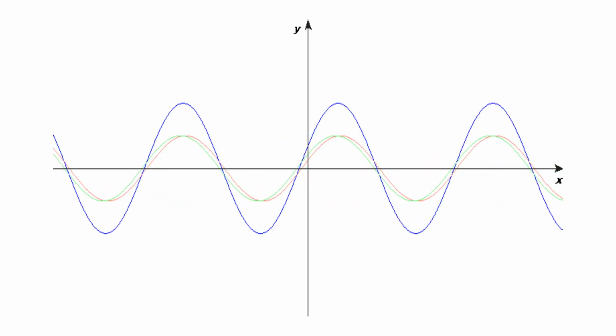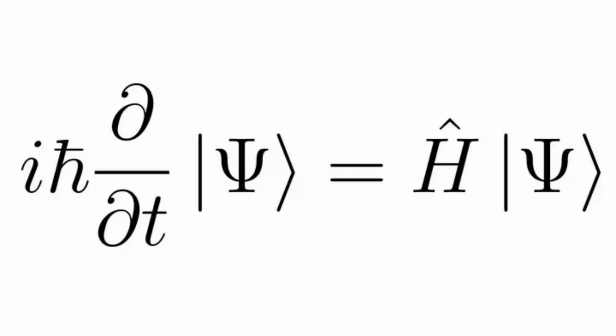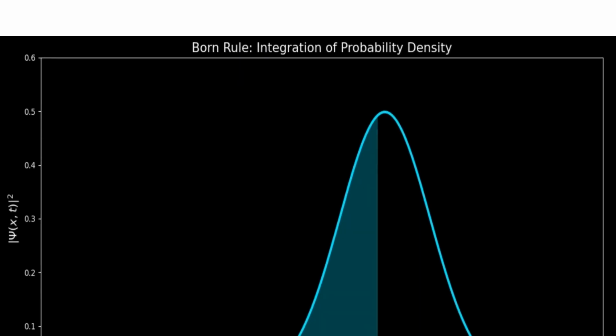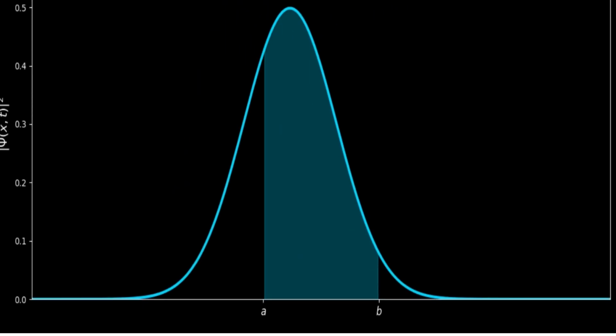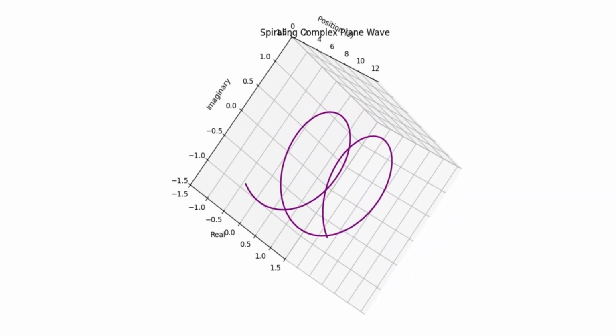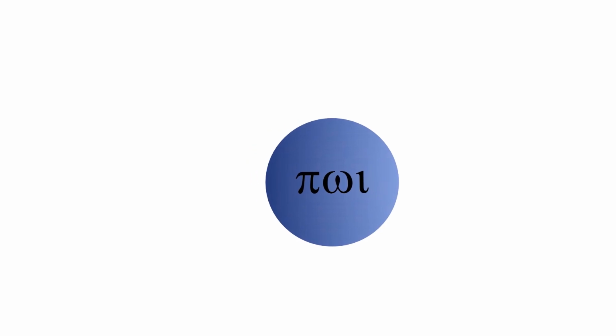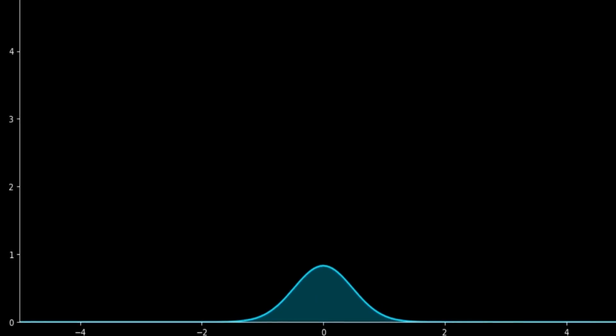Then we have a model based on the de Broglie hypothesis as a 2D wave, but it wasn't enough. Then we jump to what is called the wave function. It's a probability distribution used to find the probability of the electron in spatial dimensions. But there is one problem: it is not simple, rather a wave propagating in the complex plane, which is confusing. So the later fix was converting the complex wave amplitude into a measurable value. We used the Born rule, which causes the wave function to collapse.